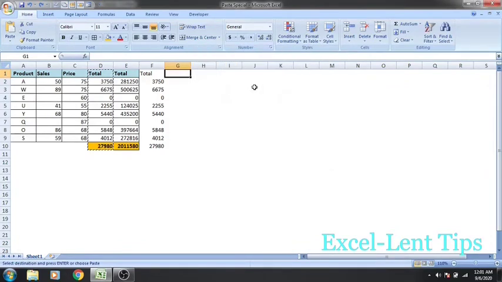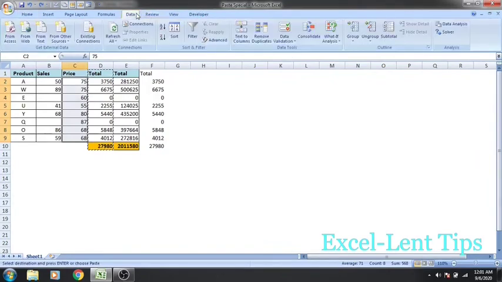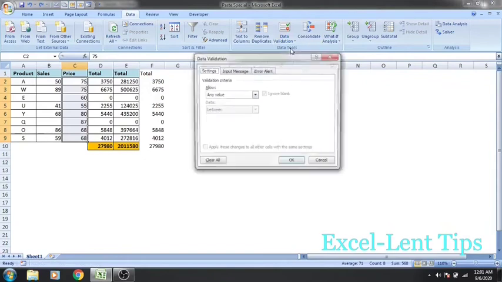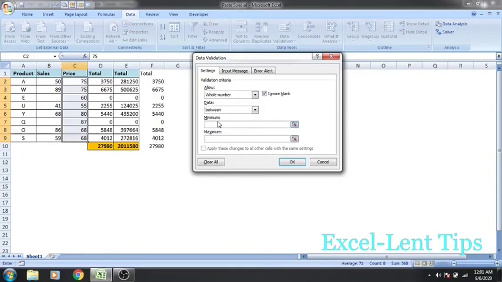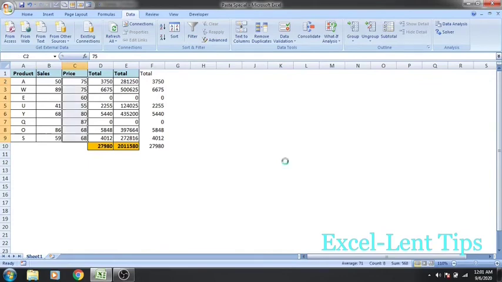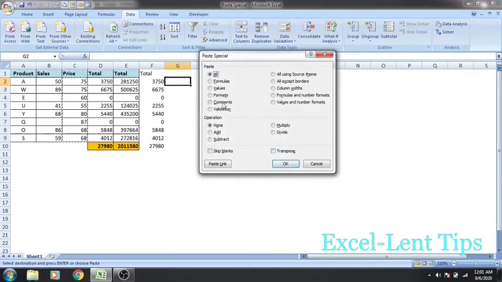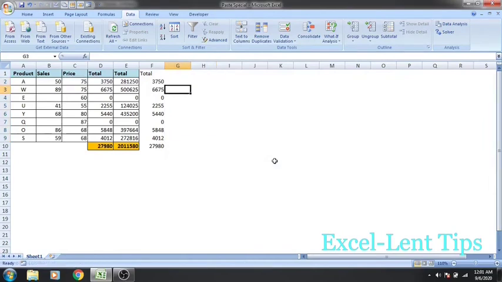Validation. This validation is nothing but if you had mentioned any validations. For example, in this price, I'm just inserting a validation. For that, go to data, data validation. So I'm just giving whole numbers between 50 and 100 and give OK. And if you copy this and paste the validations here, it will accept data only within the range. For example, if I give 65, it will accept. If I give 36, it will not. Okay, so this is pasting the validations.